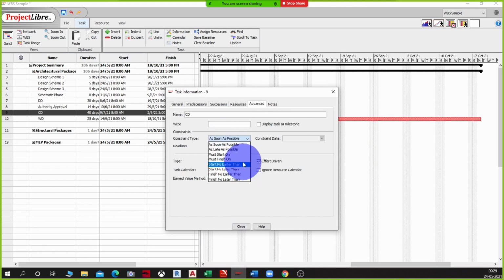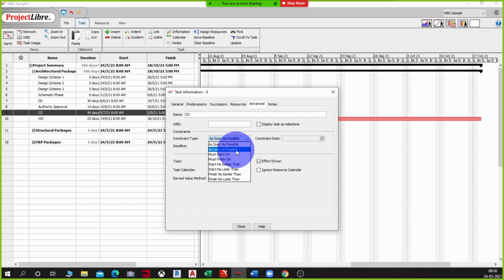There are these different constraints you can put for a particular activity, which can either be external in nature or project driven. If I'm working on an effort driven project, I would like to start the activities as late as possible, because if I start them early, I'm going to engage my resources in that project.